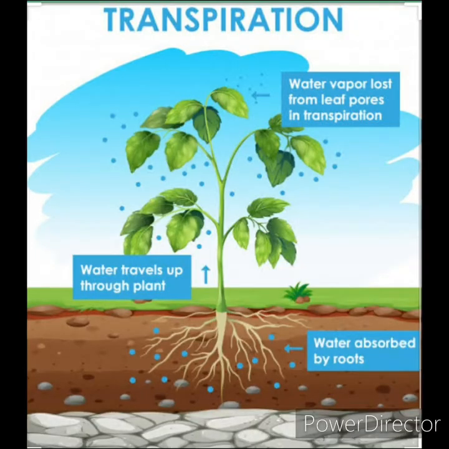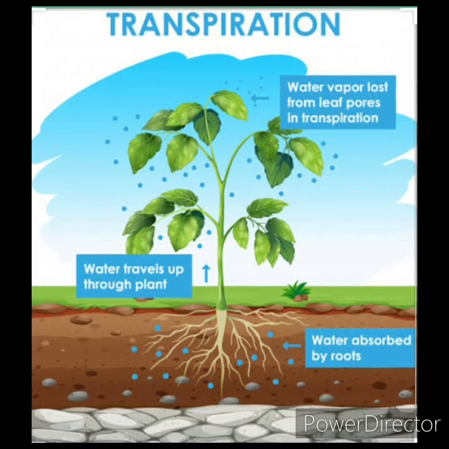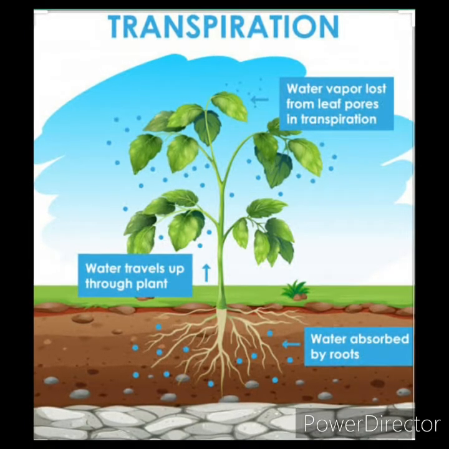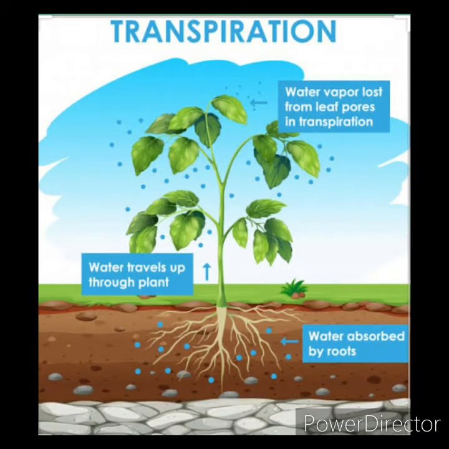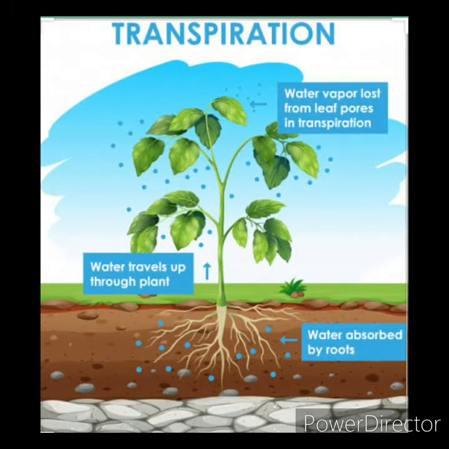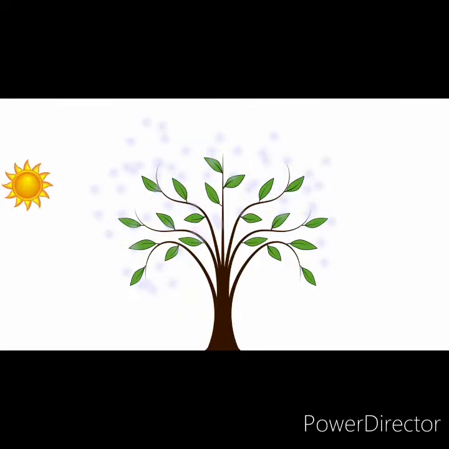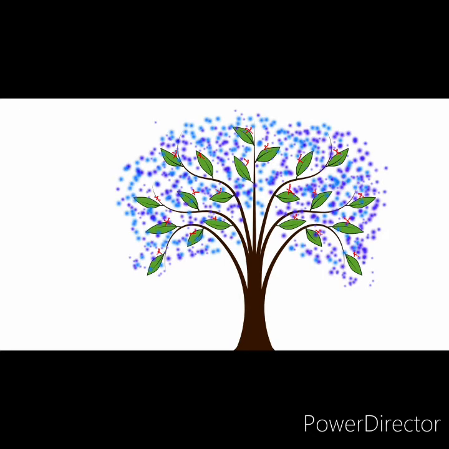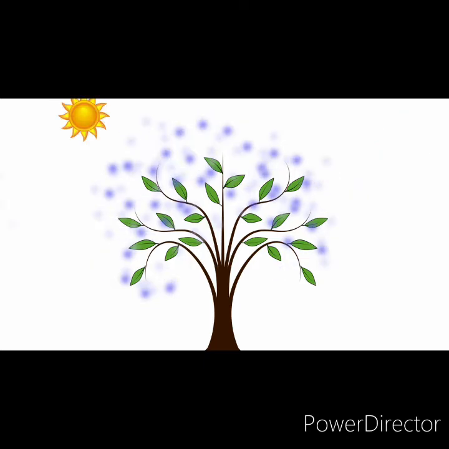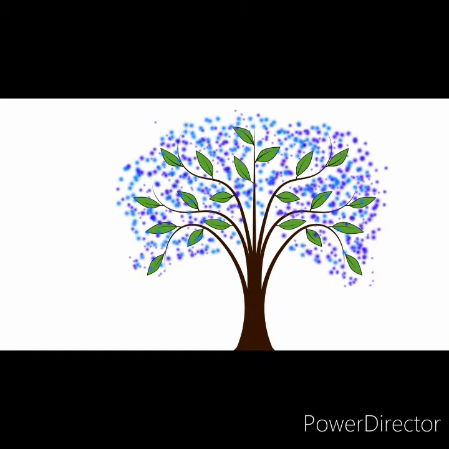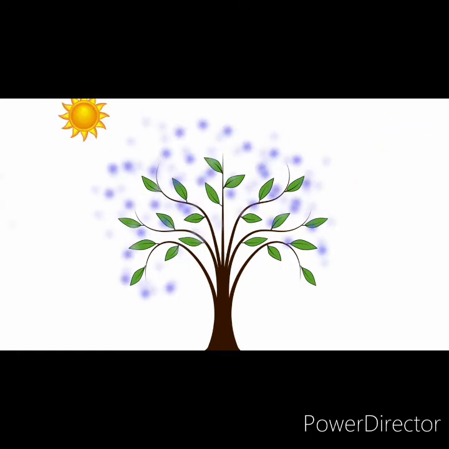Next we will move on to transpiration. Transpiration refers to the process by which the water content in the plants is released into the atmosphere in the form of water vapor. Water taken up by plants is released through transpiration. The rate of transpiration is also affected by temperature, wind and humidity. In case of agriculture, the crop characteristics, its environment and cultivation practices also affect the transpiration process.